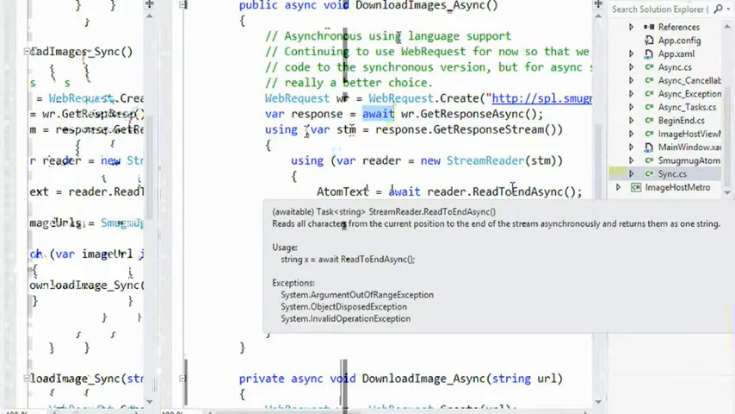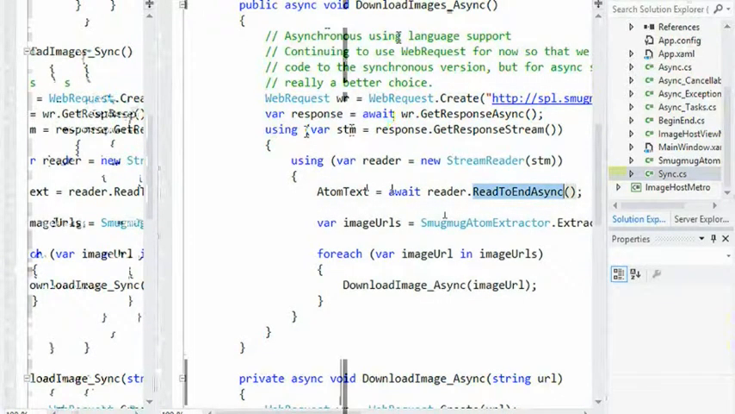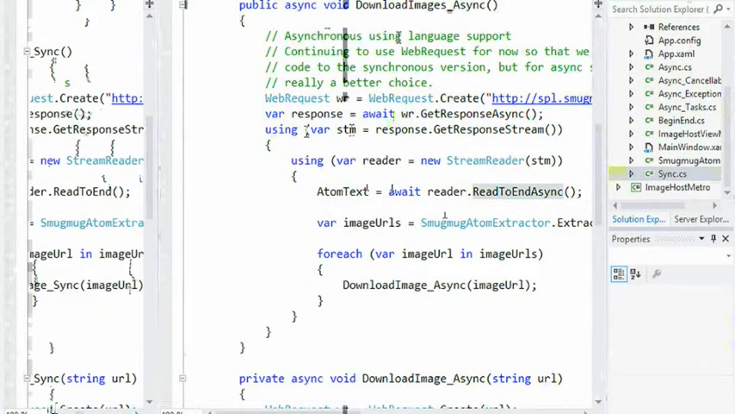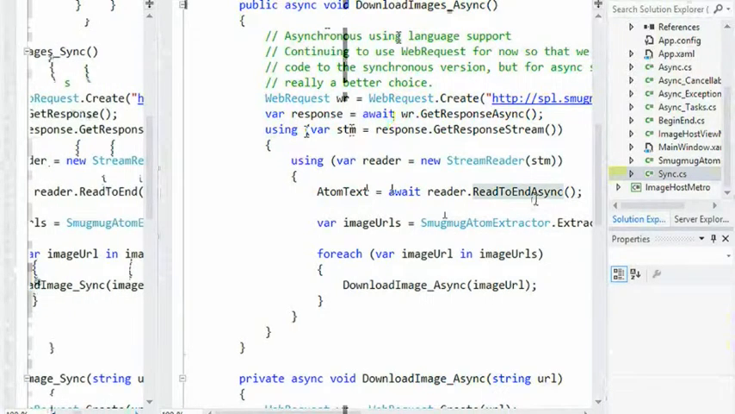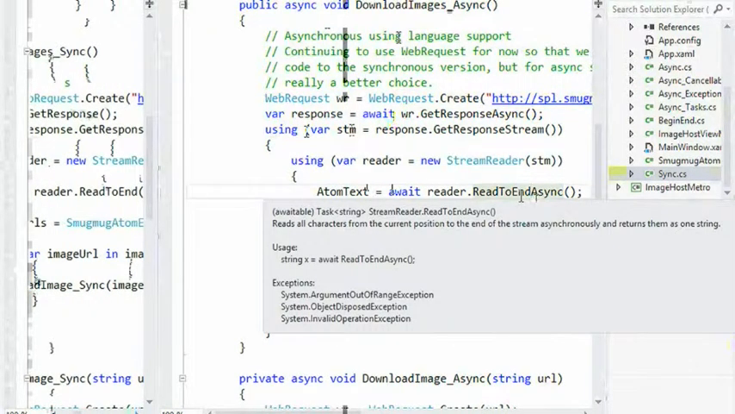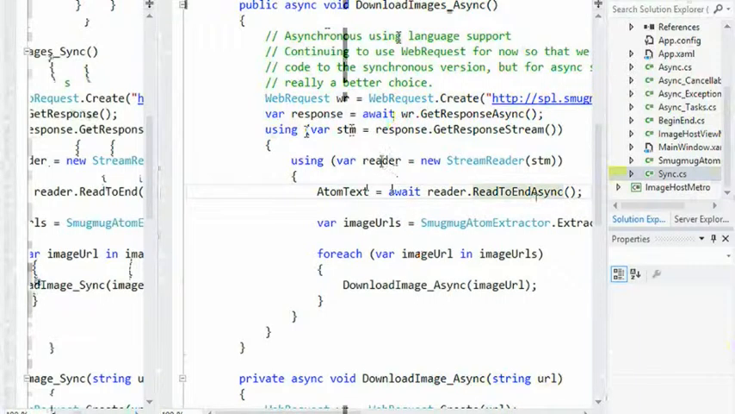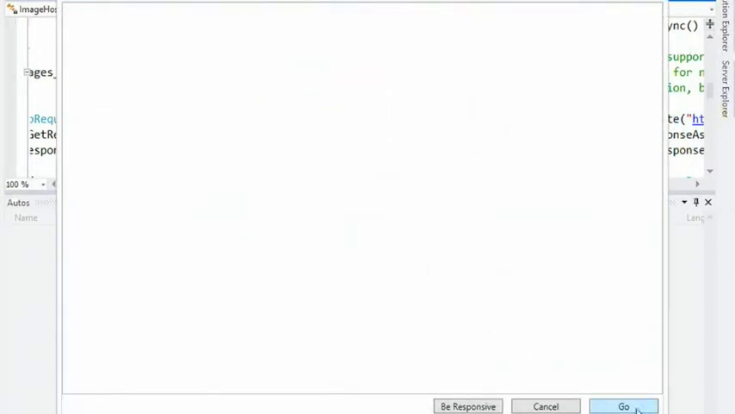Similarly, when I get to here, I'm going to do a read to end async rather than the blocking read to end. And again, this is a task of string, but the result is going to be a string because it's going to strip off the taskiness, it's going to strip off the asynchrony without blocking the calling thread. So if we run that up and set that going, you can see